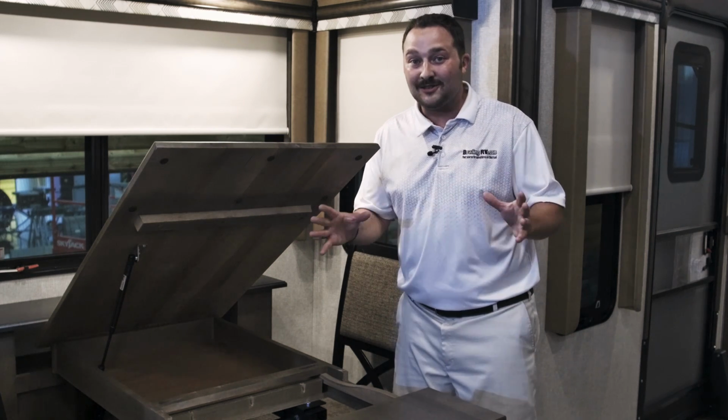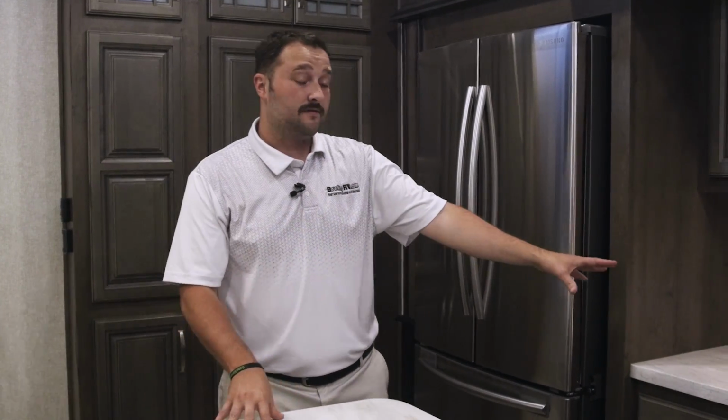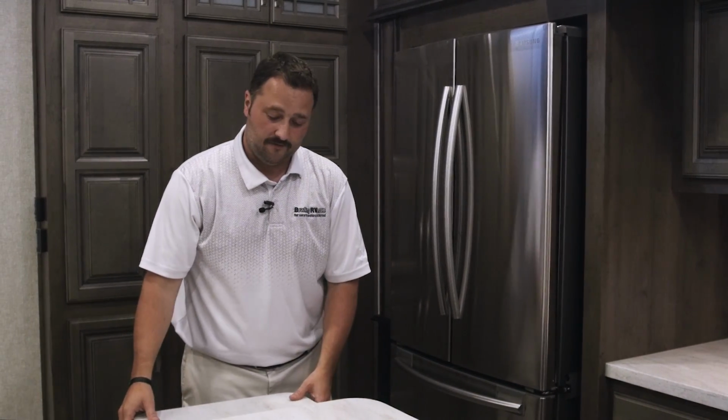They're trying to find all those little nooks and crannies to bring all the things you want camping with you. So we have a lot of storage, but we also have a lot of counter space too. You have the counter space right here on the island. You also have some over in the kitchen right near the appliances, and some right next to your sink. You'll also get a secondary lip here that folds up just to give you that little bit of extra right